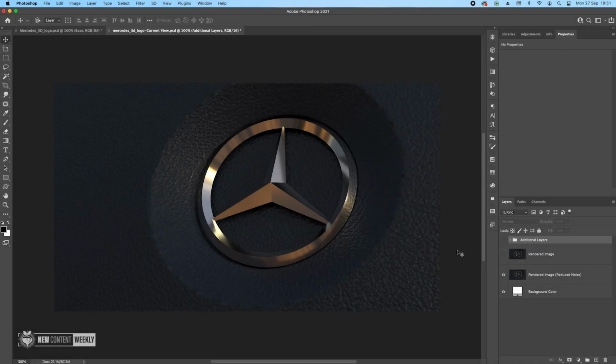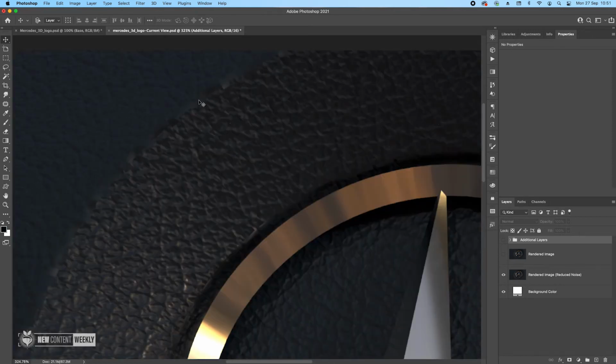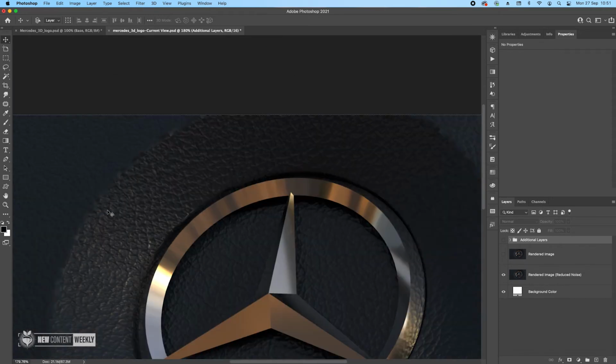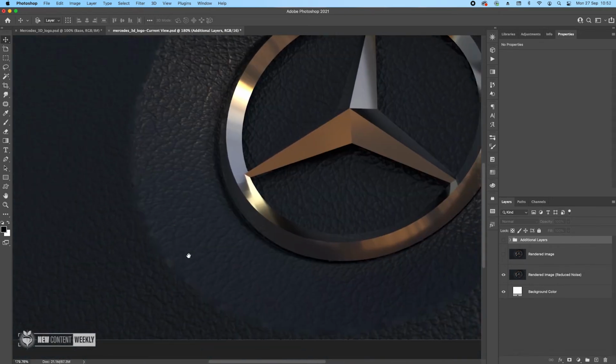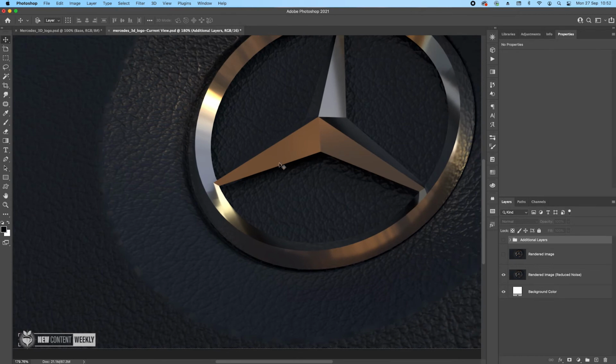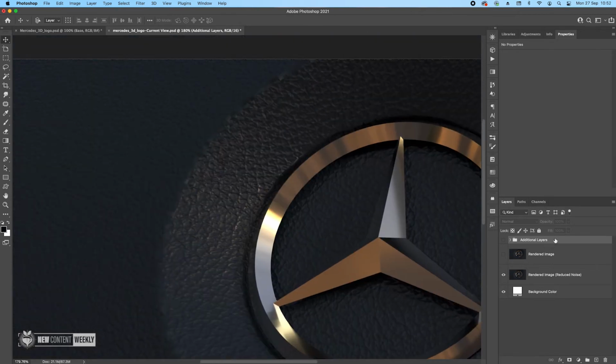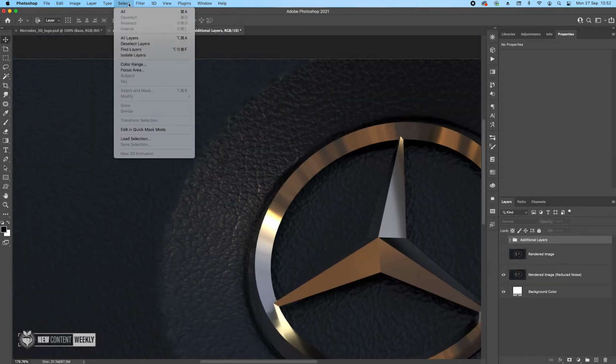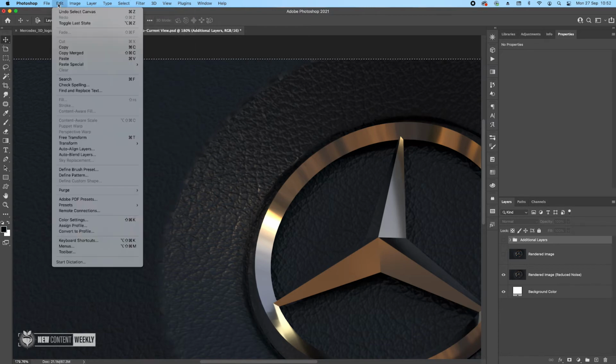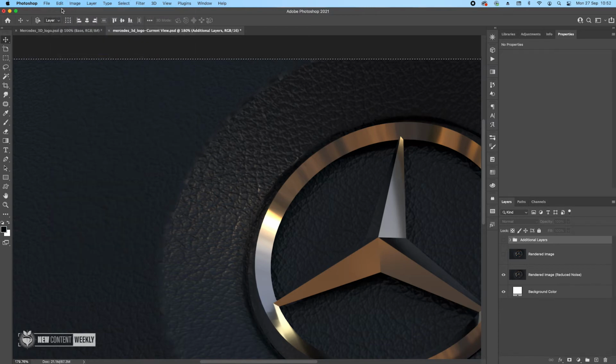Render just finished and we're back in Photoshop. So I ended up changing the angle a little bit, so that's why it might look a bit different. But what happened here, you can see in the corner here, it's just not looking great. So yeah, it's actually quite bad. So the way to fix it is you just select the whole canvas and just create a merged copy,